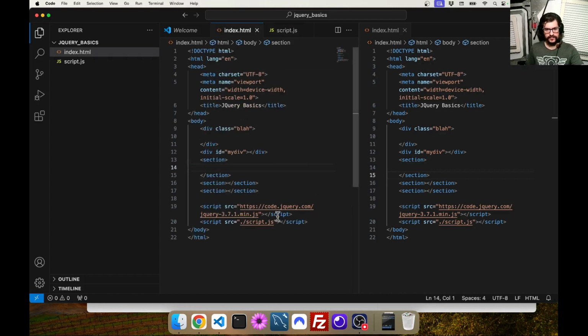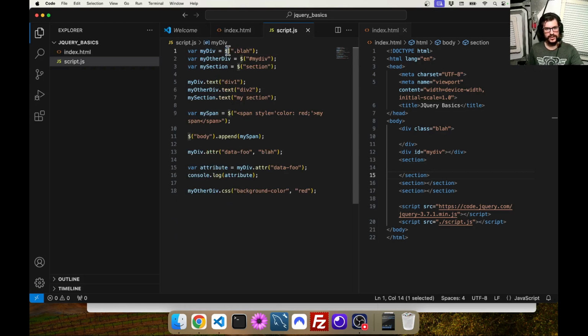You've got your library, which you probably want to get from a CDN. You've got your $ function, which can both act as query selector, but also it can create elements, nested elements even, with any HTML you need. You have the text function, which will set the content, the text content, and also retrieve it. The append, which acts like append child, attr, which sets or gets attributes, and CSS, which sets or gets